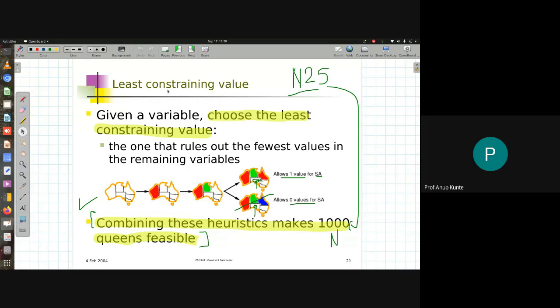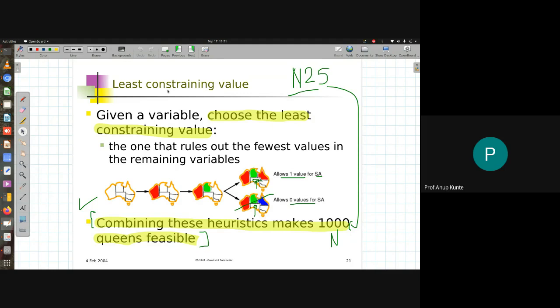Whenever I'm using state space search for CSP, without depending only upon depth first search's ability to navigate the state space, we could help DFS by providing certain heuristic values. One of such heuristic values, the second such heuristic value, is least constraining value. So given a variable, I may choose the value that is least constraining.